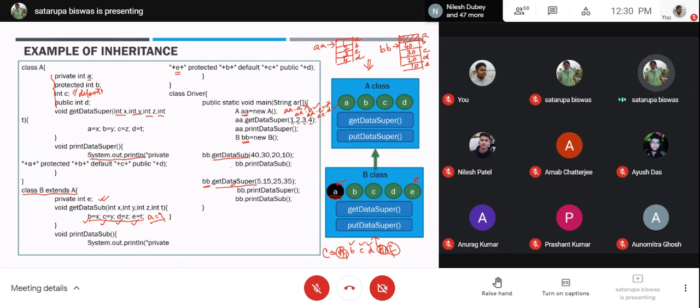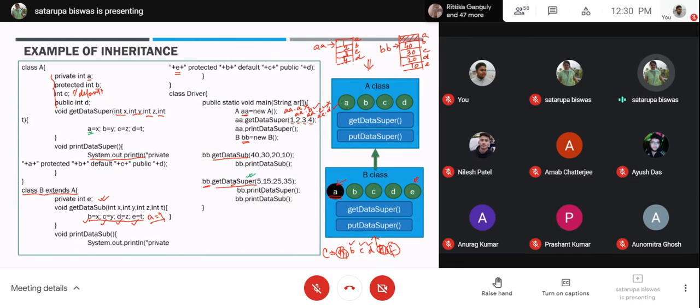Make it very clear what I'm doing. getDataSuper means it is going to the superclass's getData function, which has access to the private value of the superclass. This kind of method is present in the superclass, and you have access to the methods in the subclass as well.